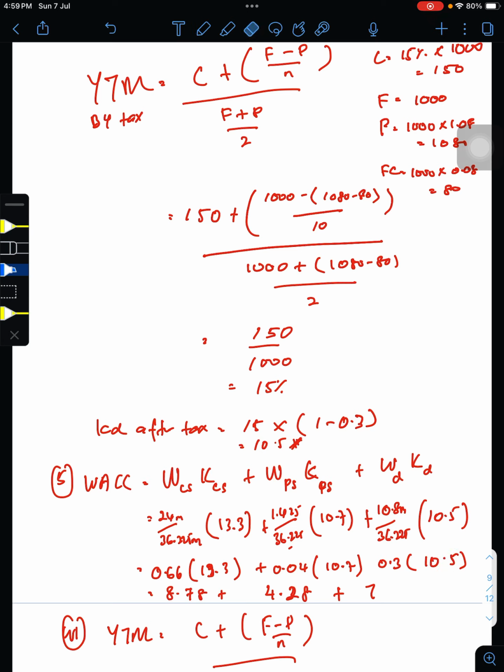So here you should get 3.15. So that gives you a total of 78 plus 4.28 plus